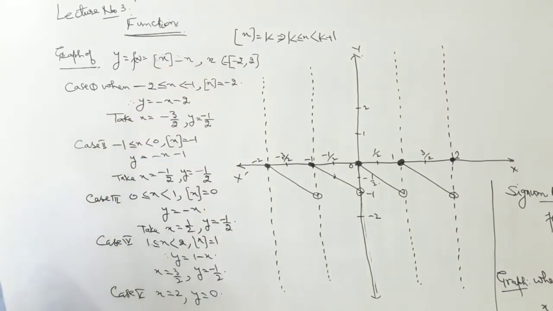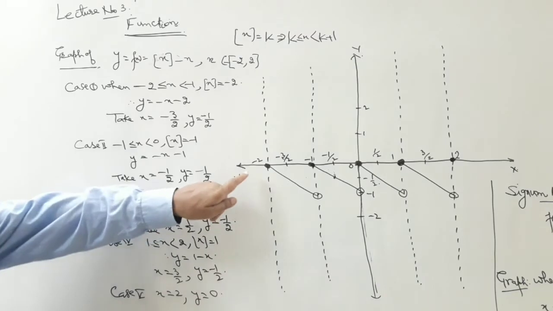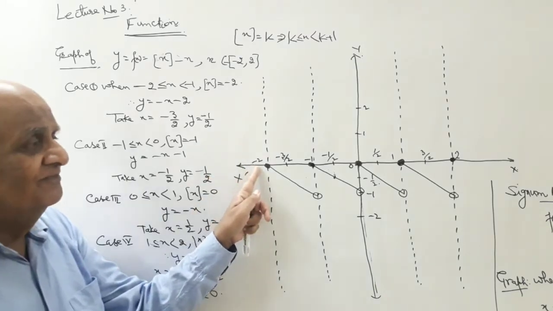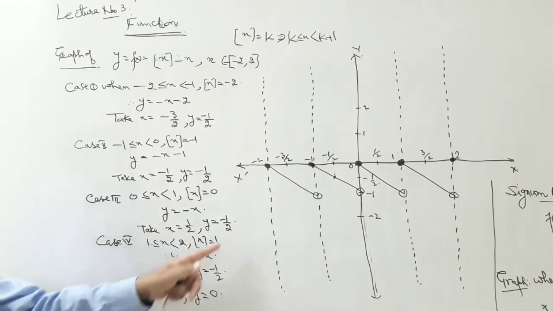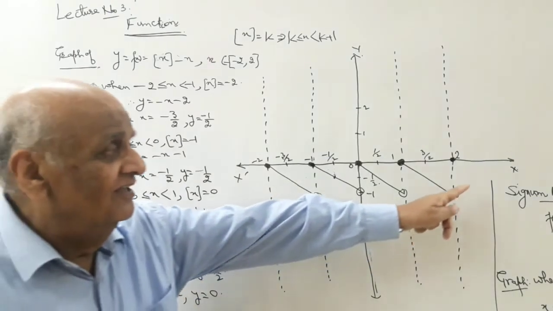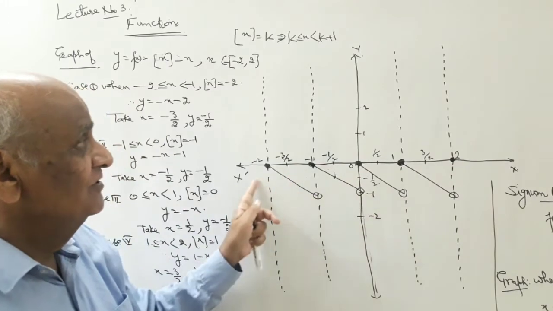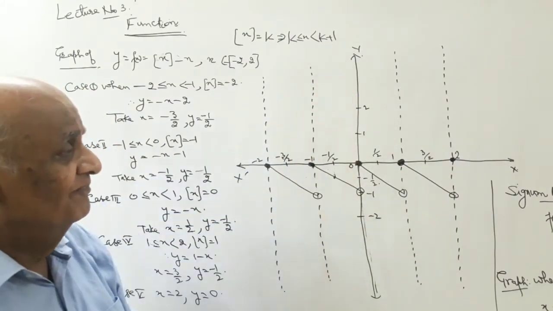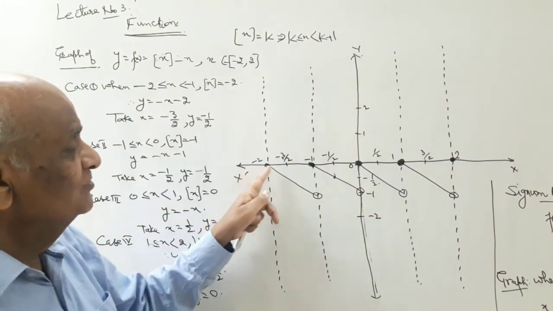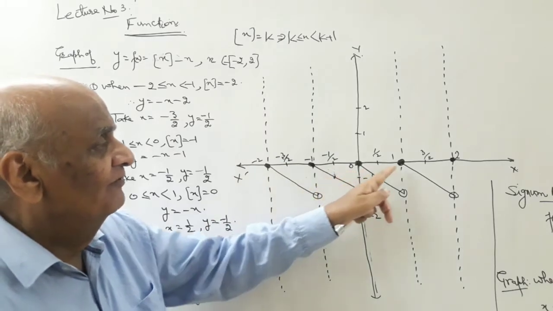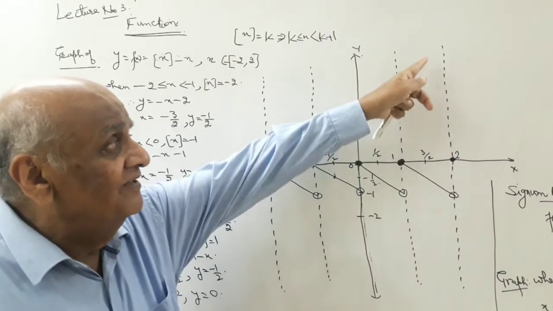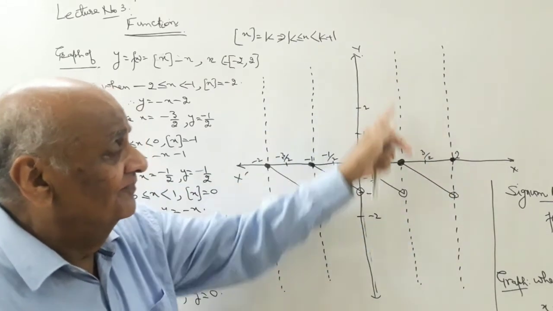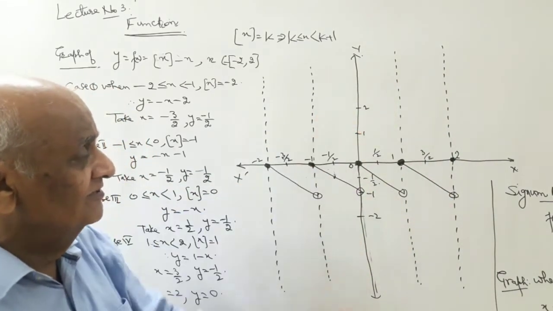Now the graph, I must explain here. We have two perpendicular axes. Note this first carefully. Then we can take the two perpendicular axes as before, x'ox, y'oy. Now the points are -2, -1, 0, 1, 2. I have divided in this way. Draw these dotted lines because we have to show the intervals.